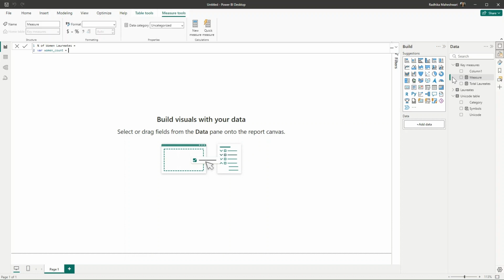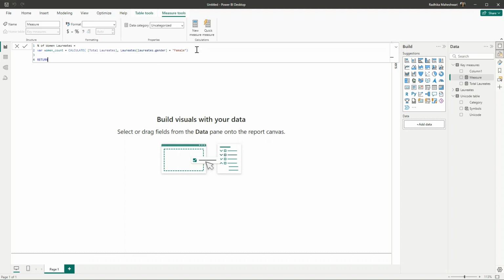So because we need to change the context, I am using a calculate function. The first argument that we need to give is the expression, and we are going to evaluate the total laureates expression. But the context that we are going to provide to it is when the gender is female. So this will only calculate the distinct count of laureate IDs where the gender is female.